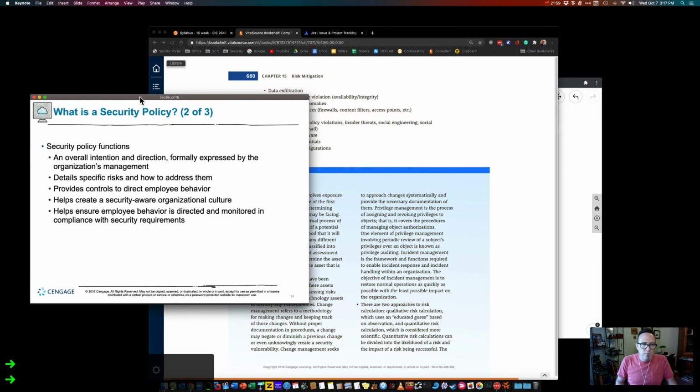Again, policies, pretty important. Look at the chapter. By the time you get to the last part of this last chapter, we've already talked about policies, but don't make them very long. You don't want one policy that does everything. You want a policy for passwords that's short, easy to read, to the point, and then has maybe references